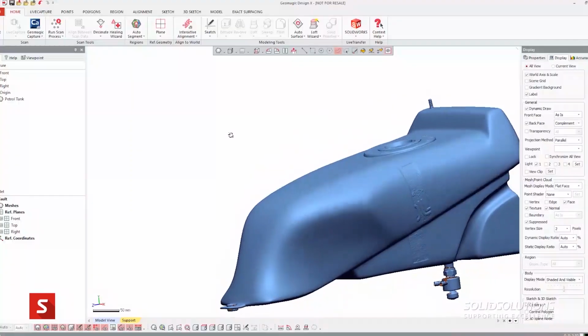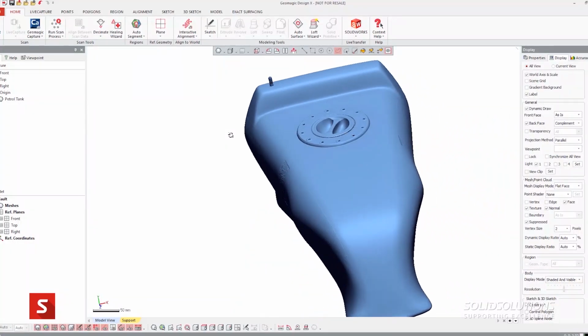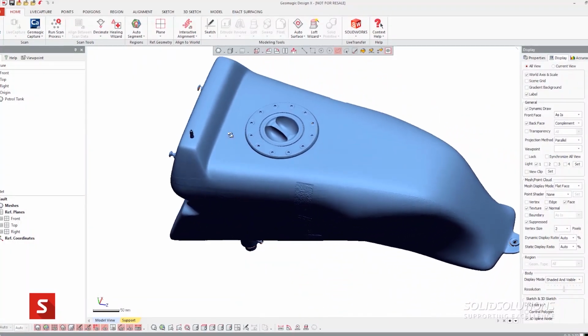It's really easy to start using scan data. 3D scanners are becoming much easier to use, or of course you have the option of getting someone else to do the scanning for you. Either way, once you have your scan file, there are several options of how you can actually work with that data. It's quite dependent on the size of the data and what exactly you want to do with it.